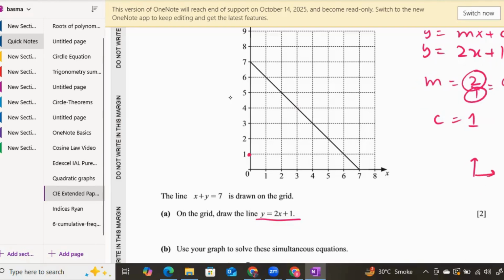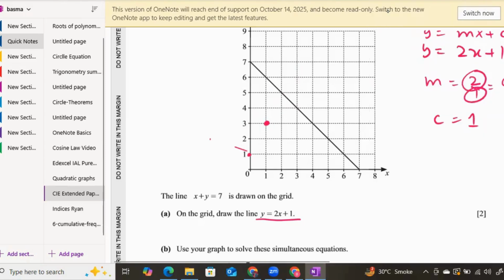according to the gradient. I will first plot the y-intercept, which is at 1, y c is equal to 1. Now I move 2 units upward, 1, 2, and 1 unit to the right because the x is 1, okay. So 1 unit to the right. So this is the point I will get, after moving 2 units upward and 1 unit to the right from the y-intercept. So these are the 2 points you have got, and now you can make a straight